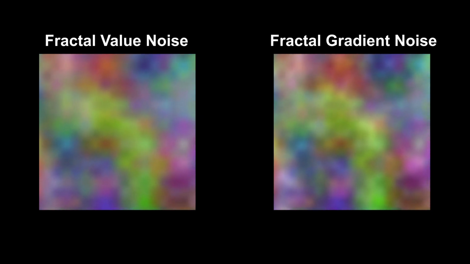Today we talk about procedural noise. In particular, we will learn how to generate value noise that you see on the left and color gradient noise that is shown on the right. Furthermore, we will see that we can add multiple layers of noise with different frequencies and amplitudes to generate noise with more details. This approach is often called fractal noise. On the left you see fractal value noise and on the right fractal gradient noise.